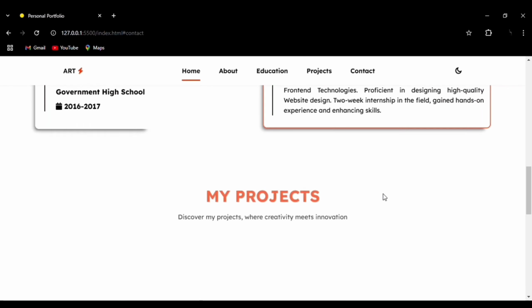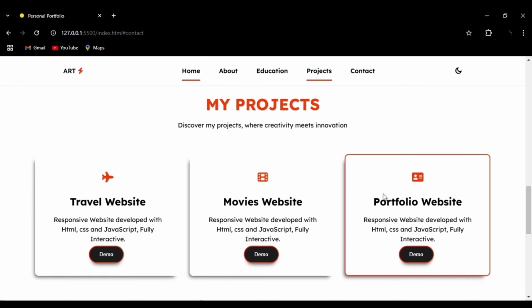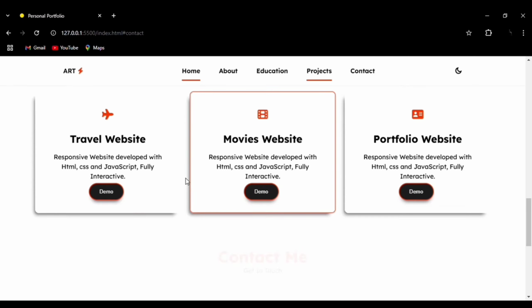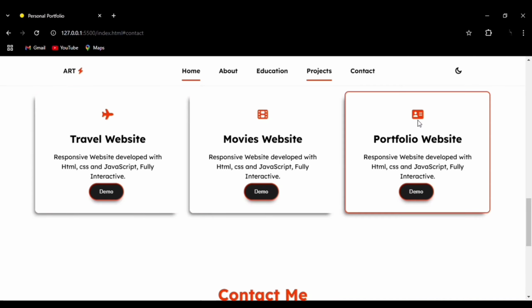Then projects, travel website, movies website and portfolio website. You can see them by going through the demo section. You can see the buttons and the icons. Then the contact me form,